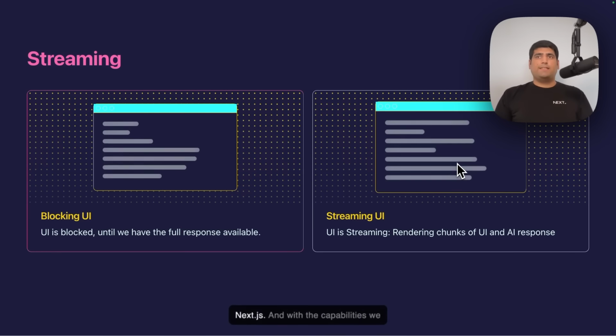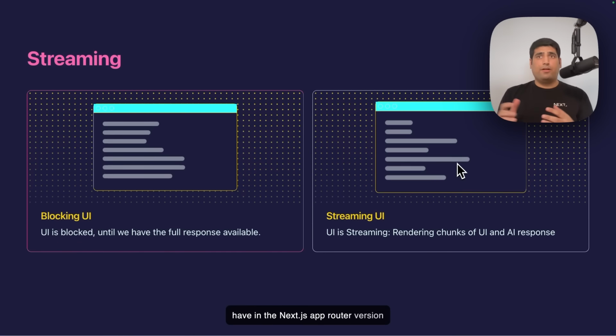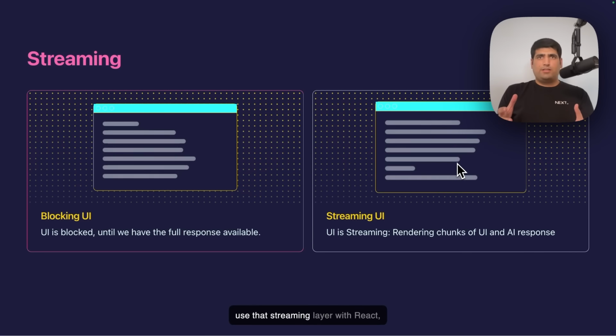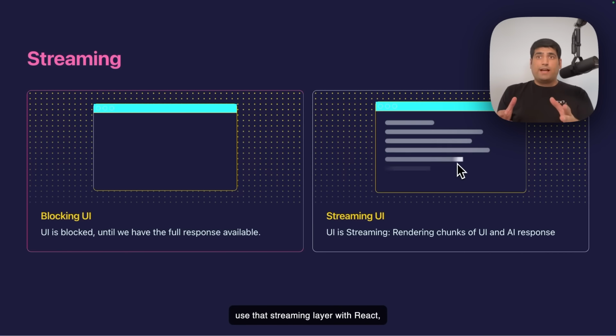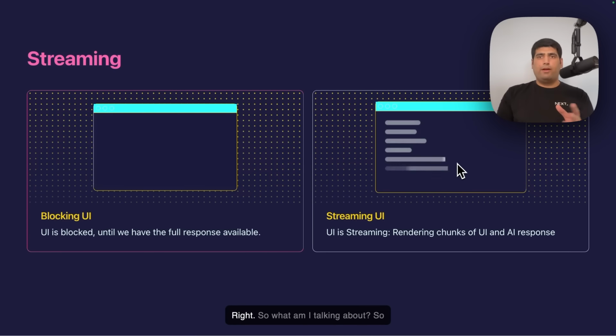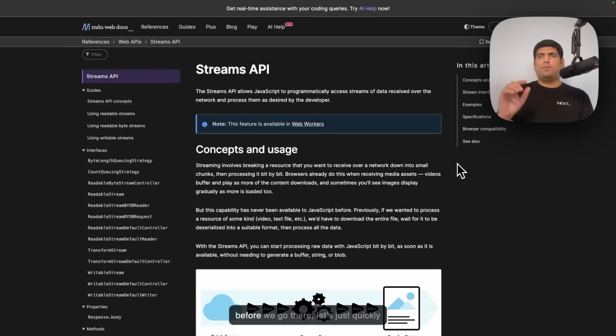We are building on Next.js, and with the capabilities we have in the Next.js app router version 13, it becomes super, super easy to use that streaming layer with React Suspense and loading UI fallback, right? So what am I talking about? So before we go there,